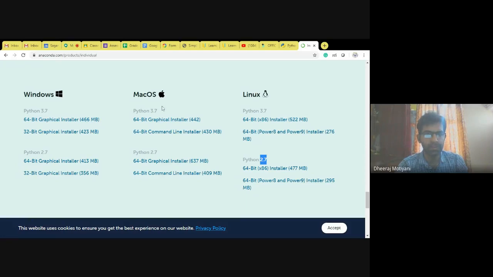But in 3.7 you will get many libraries, which will facilitate many operations and the execution of your code or software. Why are we getting this version? Because of this only. The libraries and the versions are getting upgraded. So you understood this part.